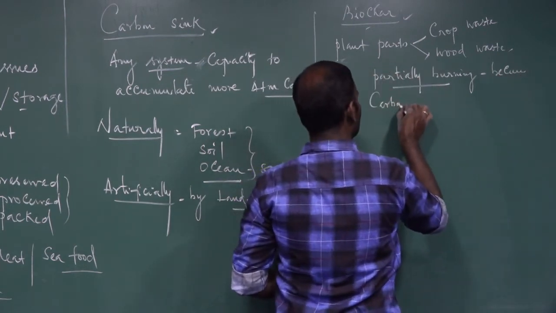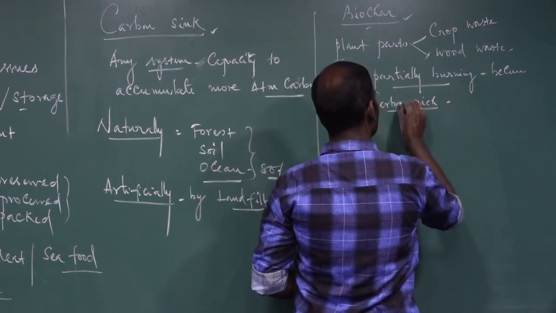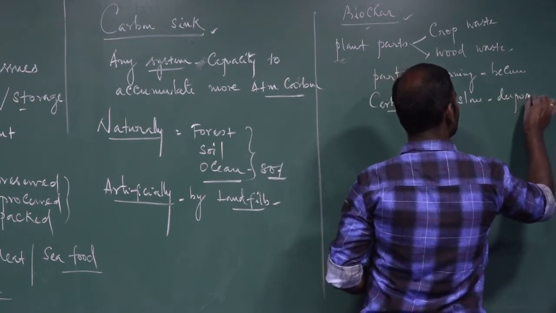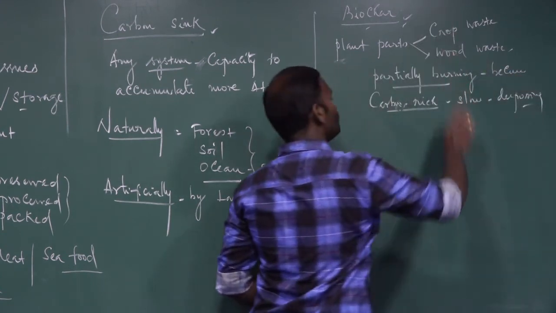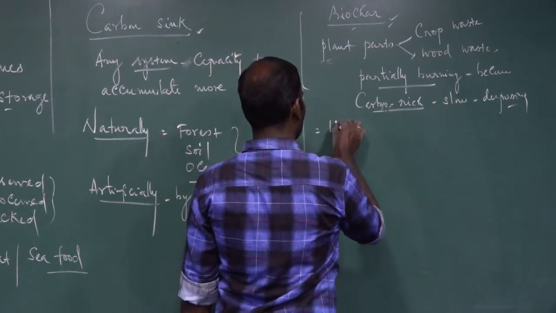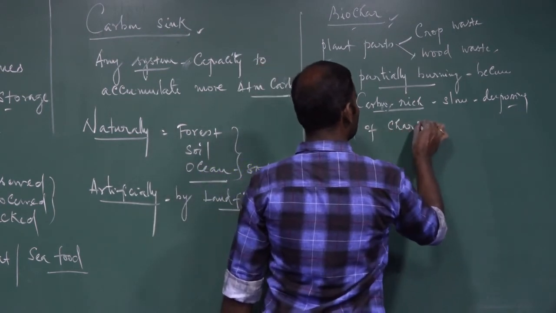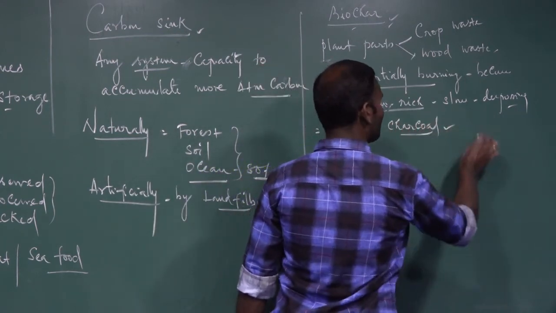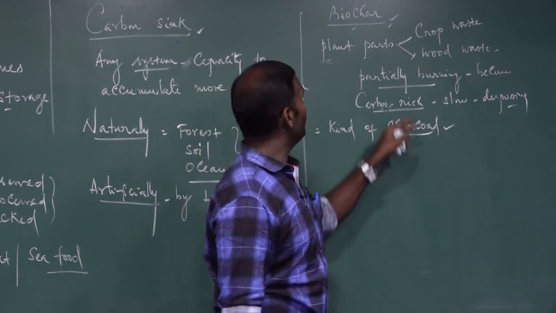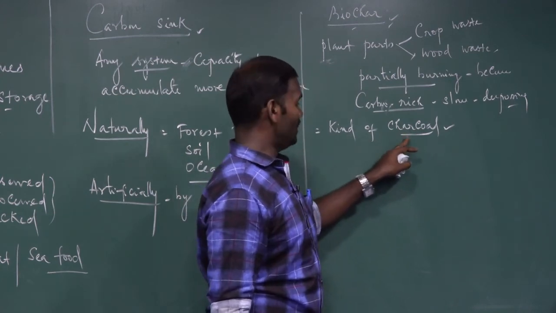that become carbon-rich, slow-decomposing material, which is called biochar. It is a kind of charcoal. Charcoal is nothing but marakari. Likewise, like how charcoal is formed, biochar is also formed. It is a kind of charcoal, but it is used